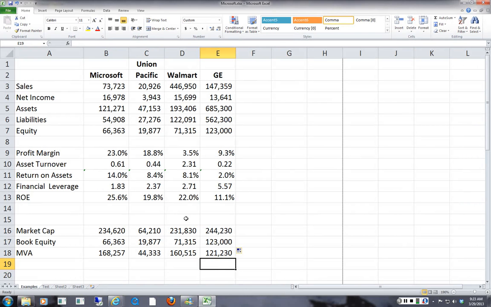Well, this is the beginning of the analysis that we're going to be doing. I thought I'd just show it to you because we're going to talk about MVA, and we're going to talk about market caps, and we're going to talk about all these ratios as well as a lot of others. So I look forward to working with you, and we'll